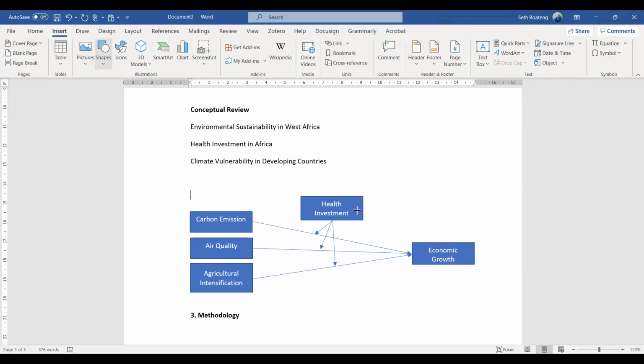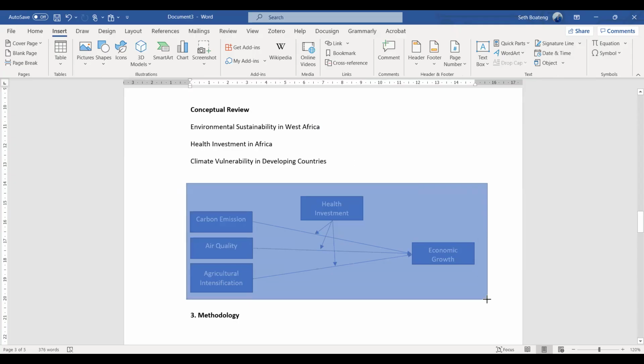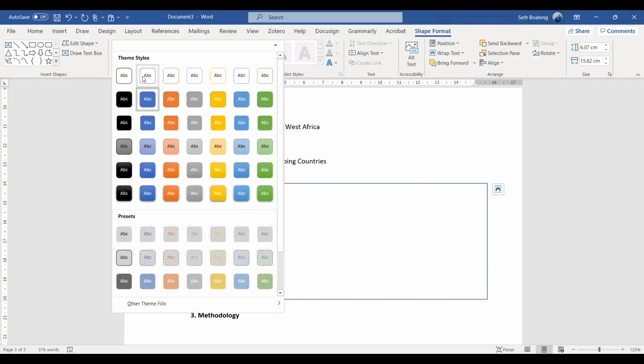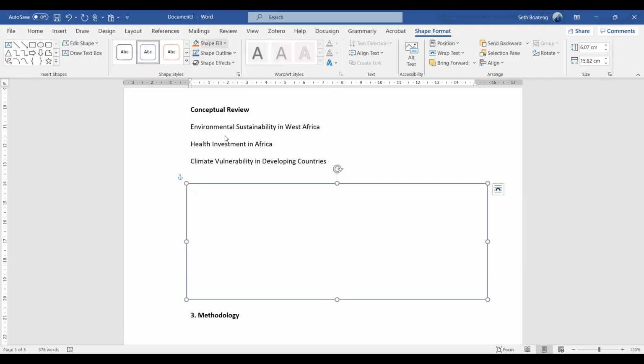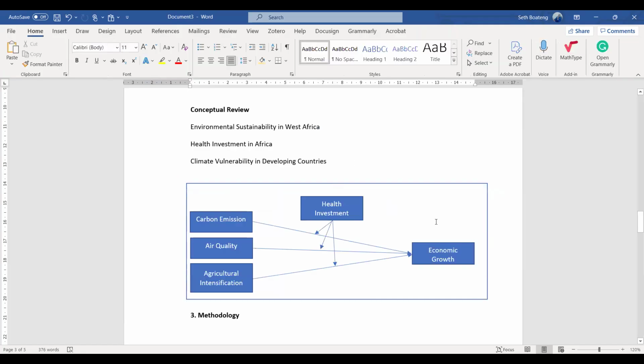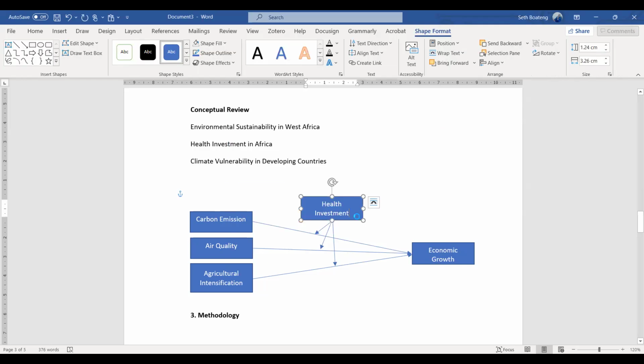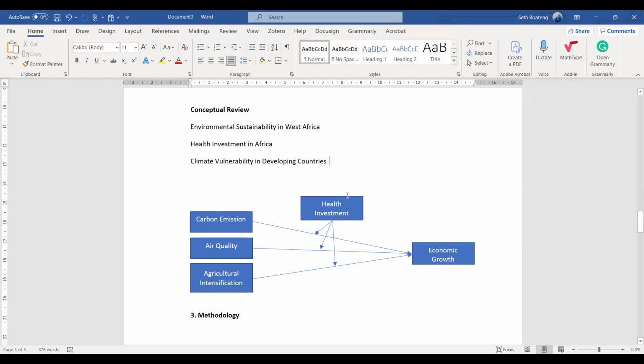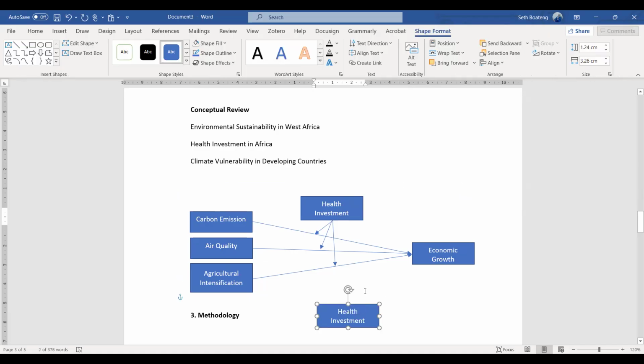If you have a question, you can ask. So now I have my concept, my framework. If it is a mediator, this is how you do it. Let me assume that the health investment is a mediator.